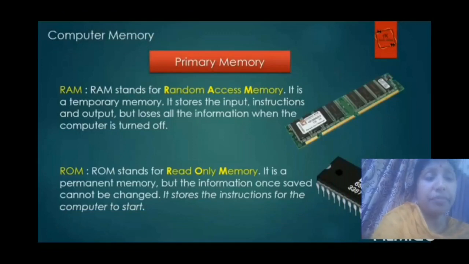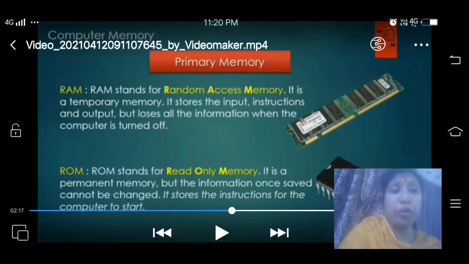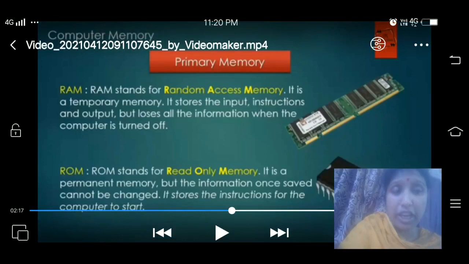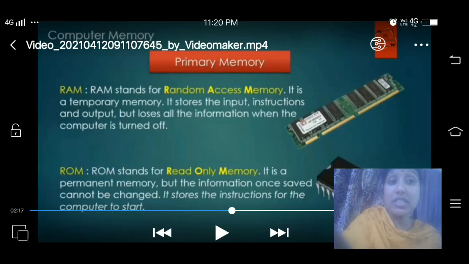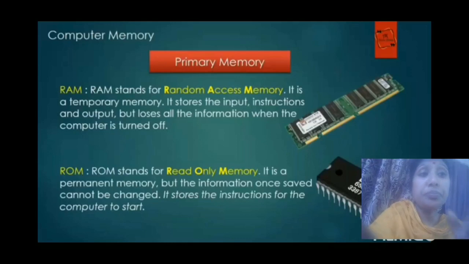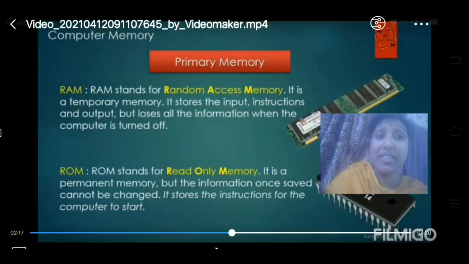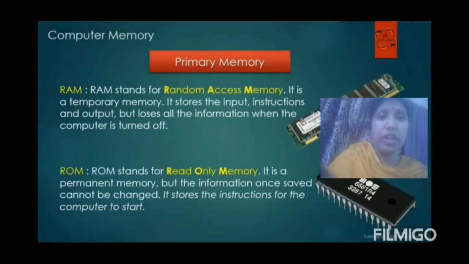Even if the light goes away, whether you saved it or not, excuse me, that is saved permanently. For example, when you are turning off the computer or switching on the computer, does that process change every time? No, that process is fixed. Why is it fixed? Because it is saved in the read only memory, in the ROM. That's why it is permanent. Every time you switch on the computer, the process remains the same because it is stored in the ROM. Okay, children?